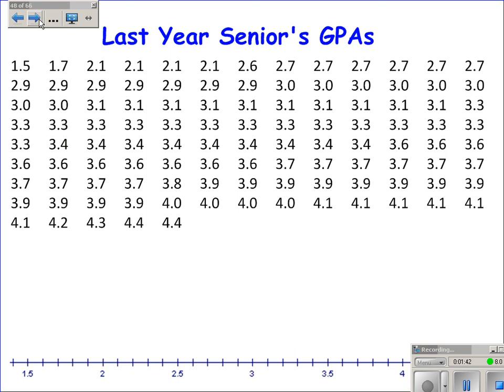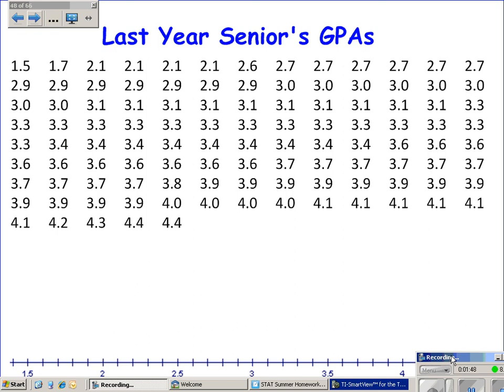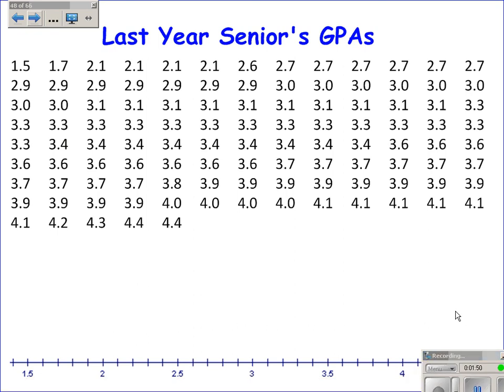Okay, so let's make a dot plot. I pulled GPAs of seniors towards the end of the year, and this is kind of what it was. So what we'll do is we will put a dot above each point and just stack the dots. So the first one is 1.5 and 1.7,